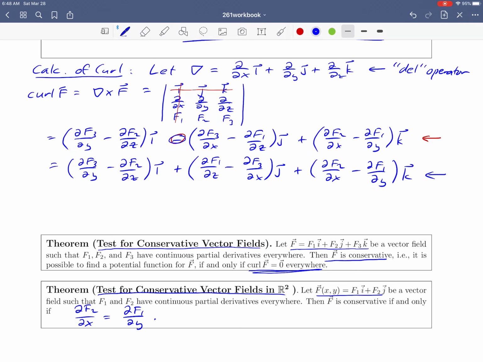That's an easier check. And if that statement is true, you have a conservative vector field in 2 dimensions. Just one closing comment here: you can actually derive this second theorem from the first theorem, and if you're interested in that, you can look at the written solutions, the bottom of page